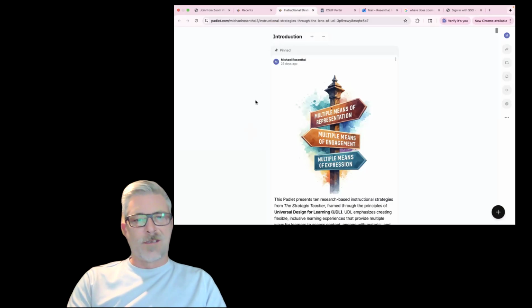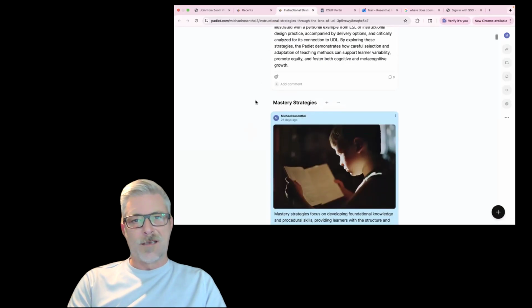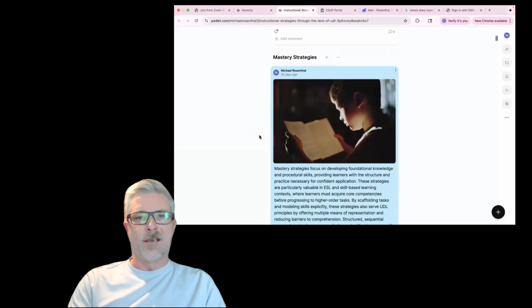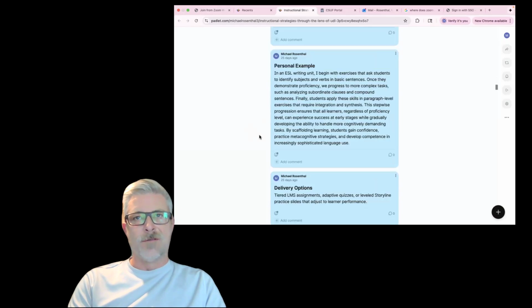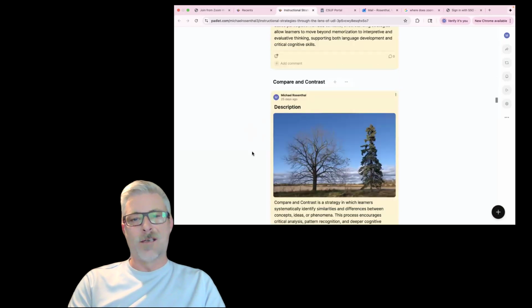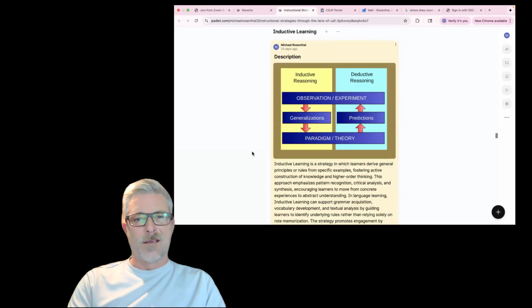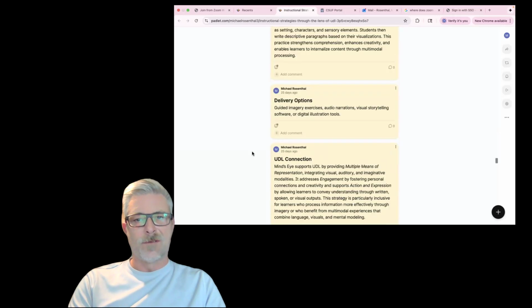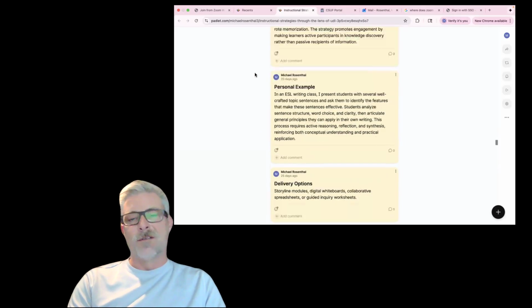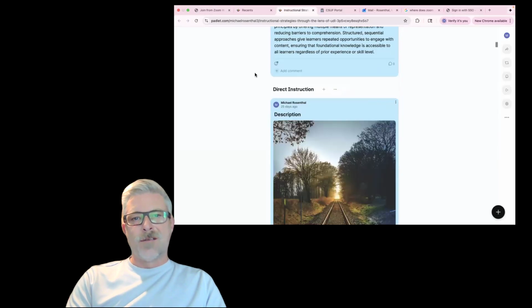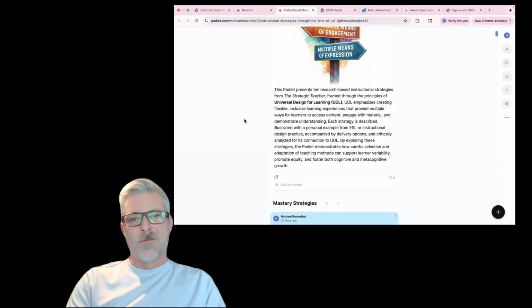I started out with a short introduction, and I grouped everything into the major groupings that the textbook gave us. So start off with mastery strategies, and these are all in blue, and then you just scroll down to understanding strategies. And then I think the next one is self-expressive, which would go down here. Oh no, interpersonal, excuse me. Interpersonal strategies, so on and so forth. I wanted it to be in scroll format because